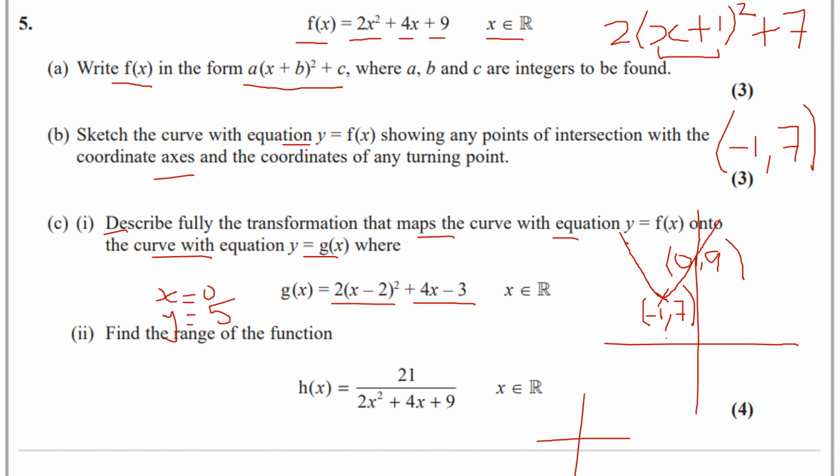Okay, so across the y-axis at 5. Okay, and we can't just solve that because it requires us... Okay, so I'm going to actually have to expand all that out. I'm going to have 2 lots of x squared minus 4x